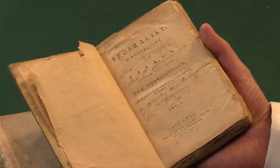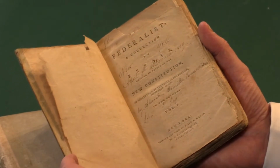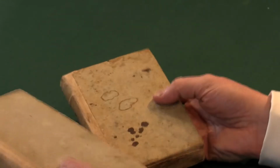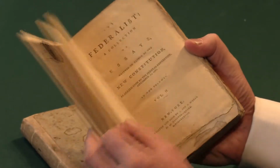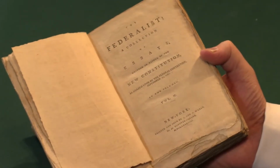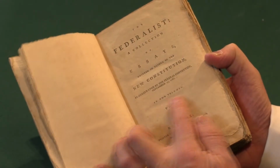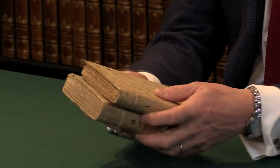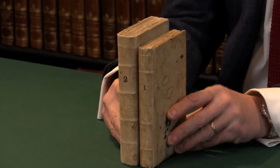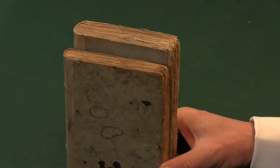So the book was published in 1788, the first volume, and the second volume was published in a slightly larger format, which is shown very clearly here, a little later in the year. And so, although it is in 2 volumes, the second volume is taller, and you sometimes see the book trimmed so that the 2 volumes are the same height, but here they're the original heights, the second volume much taller,